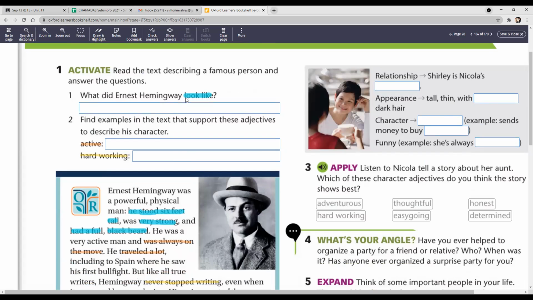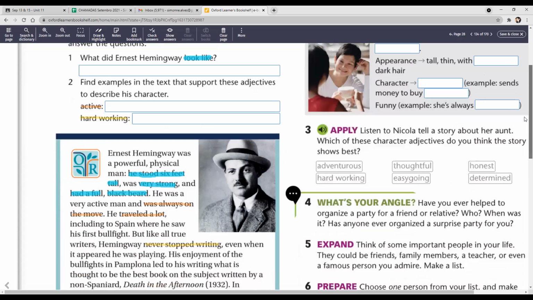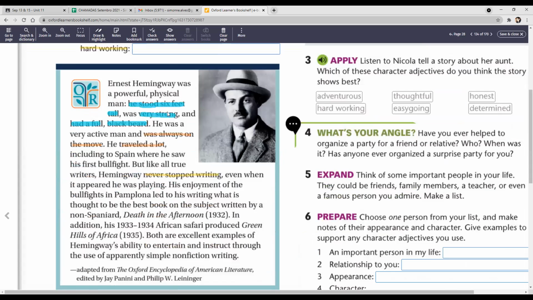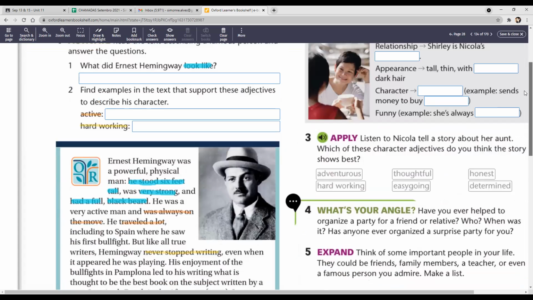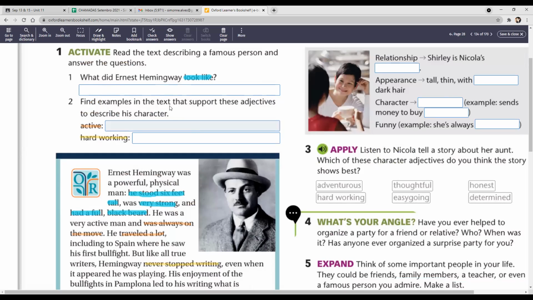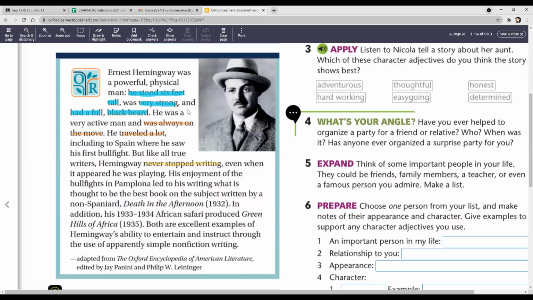So what did Ernest Hemingway look like? We are going to read the text. I already highlighted here the characteristics, but I will give you some time to read the text and then use the words to complete the answers, okay? The questions are, what did he look like? And then find examples in the text that support these adjectives to describe his character. First, active. He was an active person, and hardworking, he was a hardworking man. All right, so I will give you a minute to read the text, and then we will answer the questions,